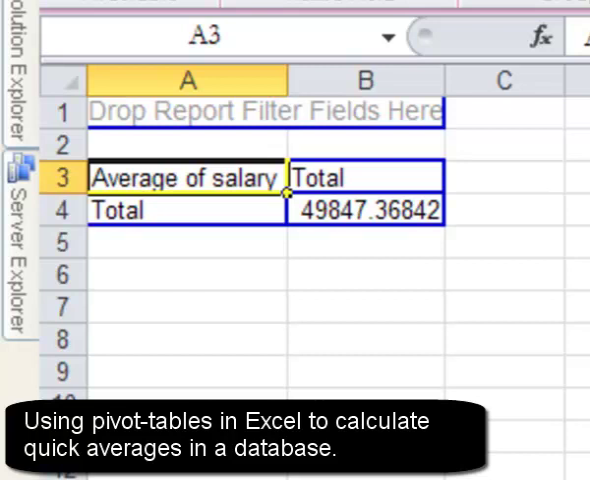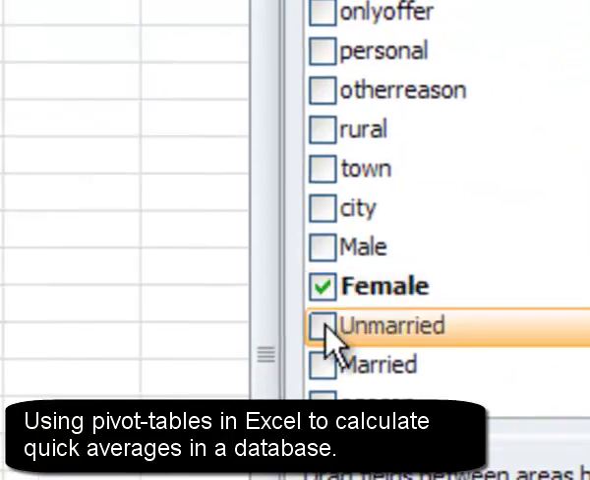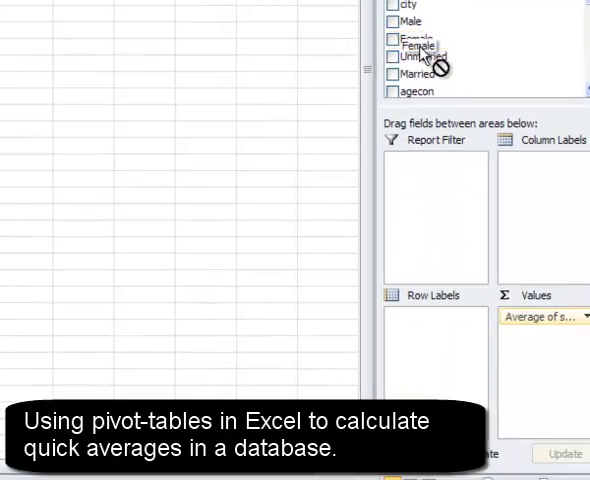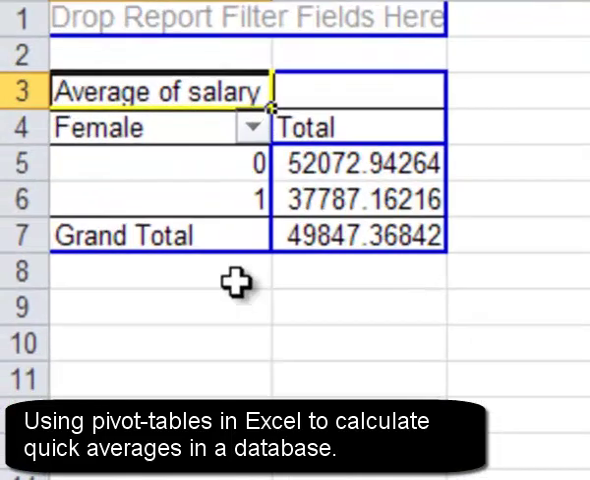What I want to do now is, that salary right there is a salary for everyone, but I want to make conditional salaries. That is, salaries conditional, say first, on people being male or female. So let's do this. I'm going to come over here, and actually, I'm not going to check male and female. What I'm going to do is drag female down here, and look what happens